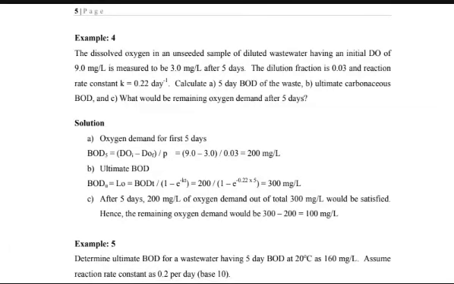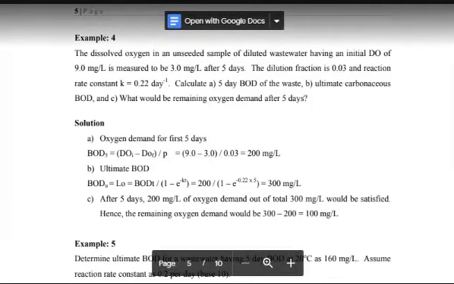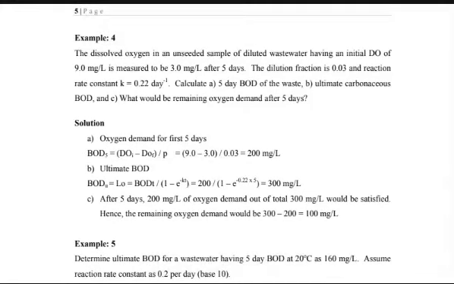Okay, is it clear? Now we use this formula and we take this dilution fraction. I already told you that we have to use the dilution factor because the sample is very concentrated, and in those days it is not possible that within 1 or 2 days all the oxygen gets consumed and the reaction reverses to aerobic. For that, we dilute the sample, and for the dilution we take the dilution factor. We even solved a numerical based on it, on how we can dilute the sample.